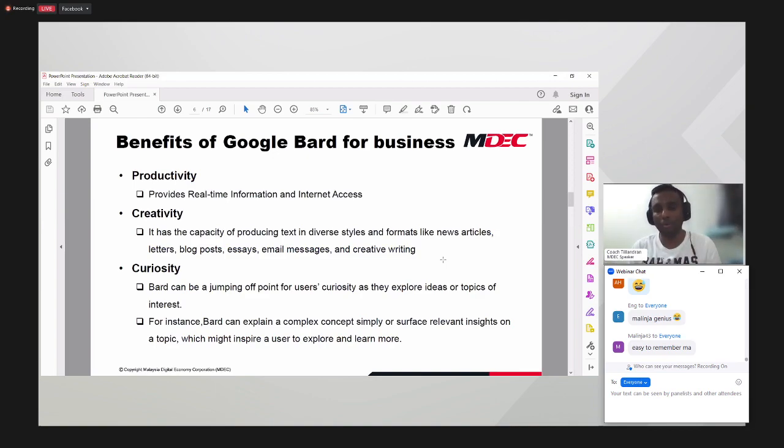Nombor dua, of course, creativity. So how creativity comes into the picture adalah bila you guys use this Google Bard technology, right? Okay, there are two type of people. Okay, there are people who will just take the content, copy paste. I tak nak you fokus kepada yang tu. Apa yang I nak fokuskan adalah, let's say Google Bard generates this Instagram post sample, right? What you guys do is, I want you guys to be the creative, those people who's innovative. Let's say Google Bard says, okay, this is how you need to post. You don't do just copy paste, ambil bulat-bulat copy benda tu lepas tu letak kat dalam.